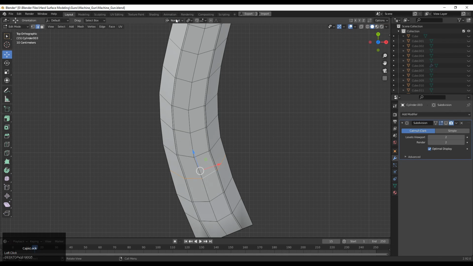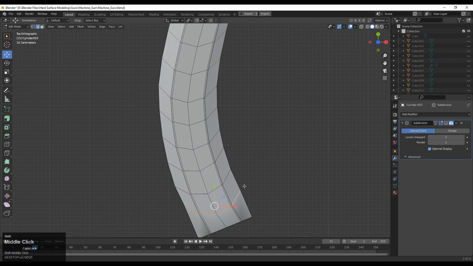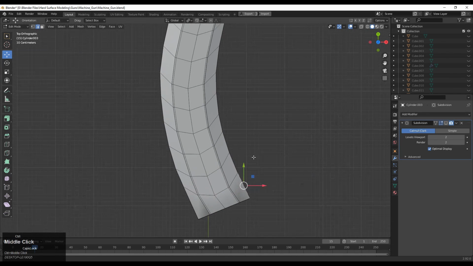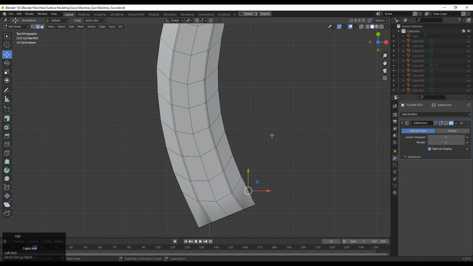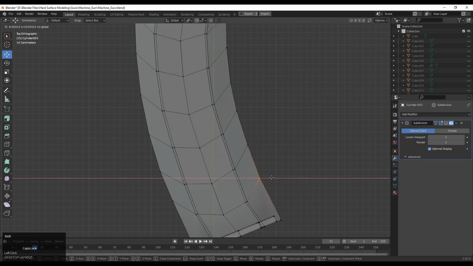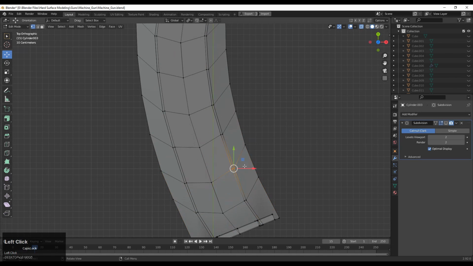So just move these edges along the x-axis, normal x-axis. You can see the transform orientation is set to global. I changed that and just create the right curve shape there. This curve form is for the handle, so you need to maintain that curve form. For that you can move these vertices a little bit.